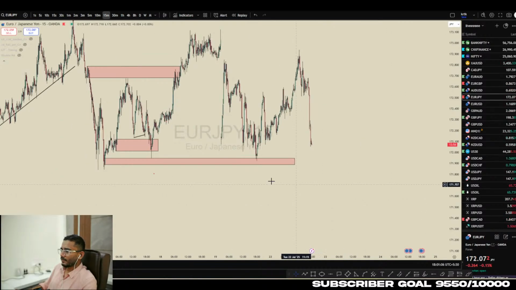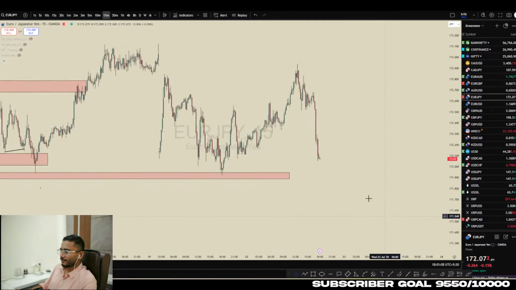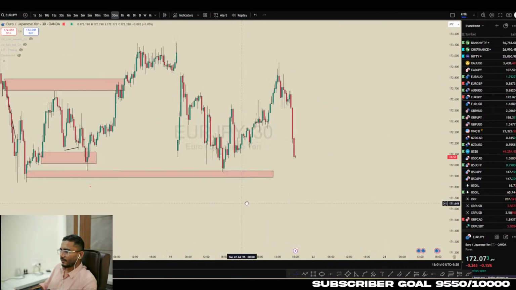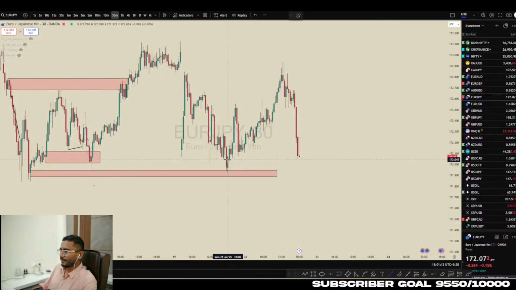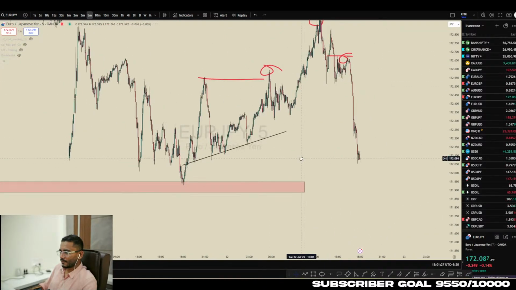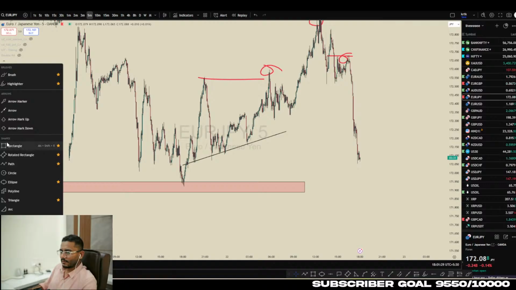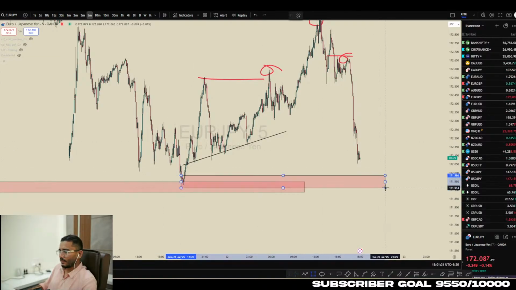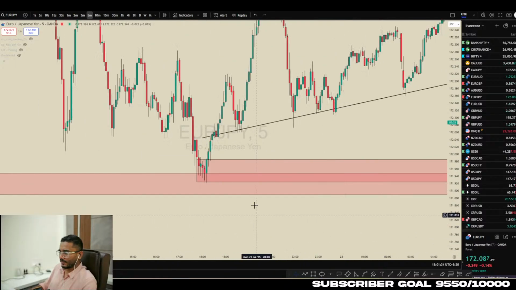Euro JPY, we have this. On 30 minutes, we can see there is this trend line liquidity, and price broke the structure over here, created new structure, created new structure. Here, price induced the previous lows, and then it started to fall. But on 5 minutes, you can see there is this order block, and whenever we see some kind of order block which is not mitigated here,